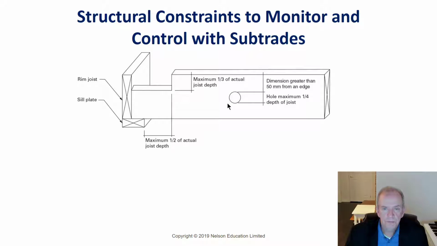You can drill up to 1/4 the depth of the joist. So if it's a 2x8 joist, it's not 8 inches, it's 7 1/4. So 1/4 of 7 1/4, you could put a hole that big, but it can't be too close to an edge. It can't be closer than 2 inches or 50 millimeters from an edge. And the reason for that is